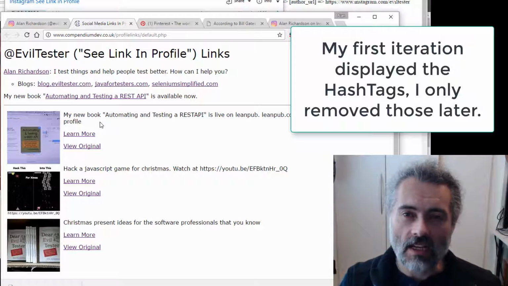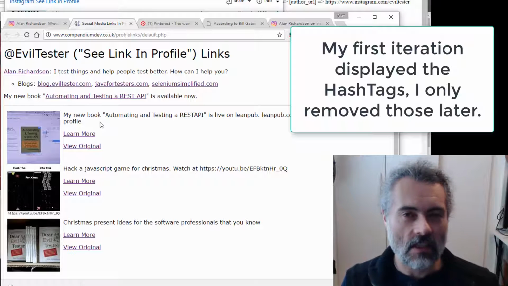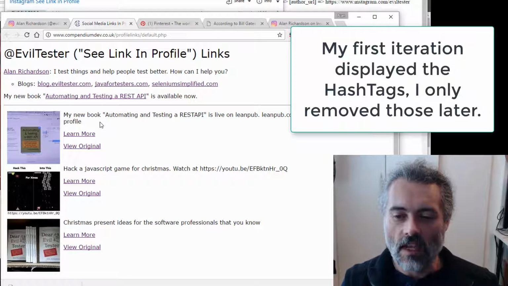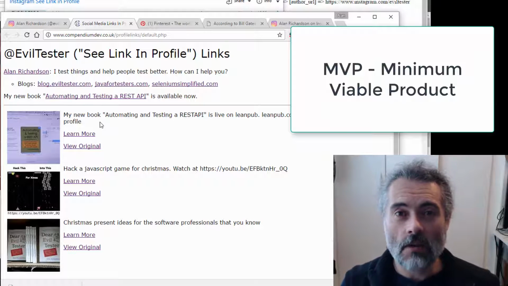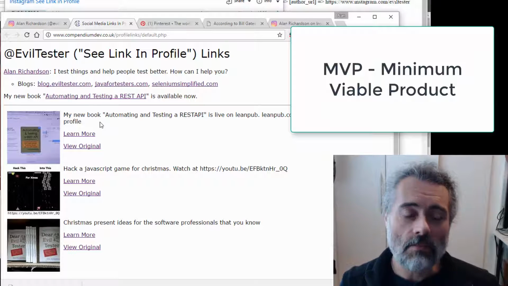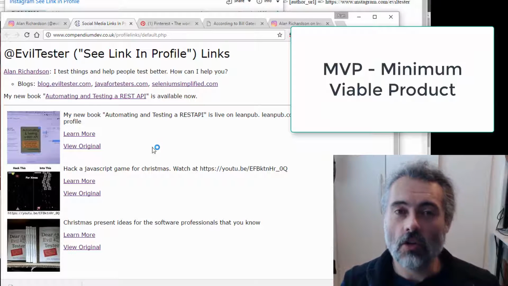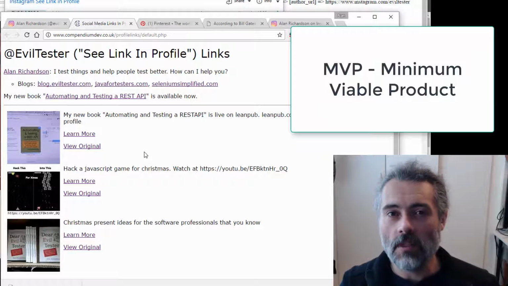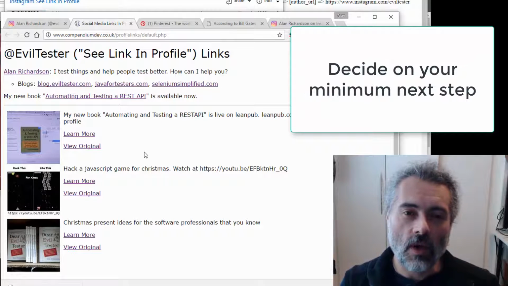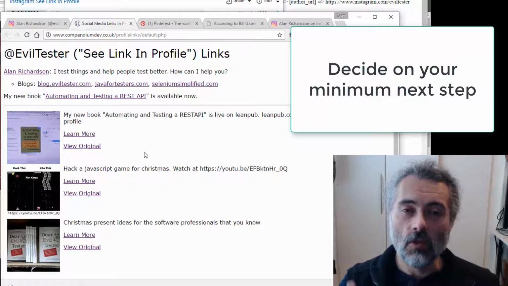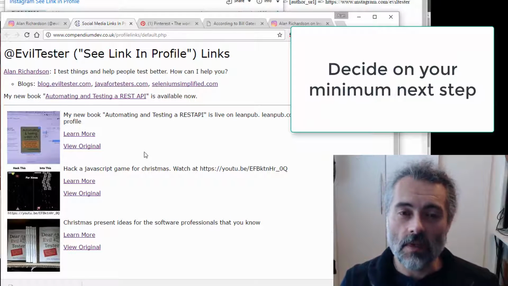So by focusing, I was able to go, what is the bare minimum? This is like in IT, we have the concept of a minimum viable product. That's what do I need to do to get something out the door now. Now, my minimum viable product could have been a page that just was hard-coded with this information. That wouldn't have been maintainable. So what I decided was I was going to have a minimum viable product where I would have a page that would look for a set of JSON files with the information and then display those.